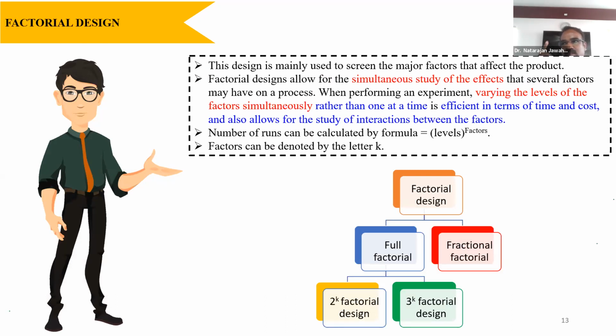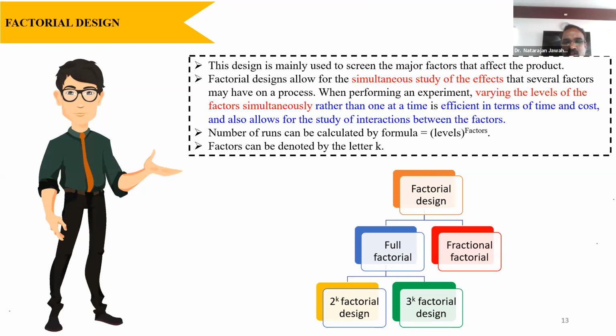Okay, so I told the first example, tablet formulation. Tablets have, apart from the API, many excipients. All the excipients we are considering as factors. So among the different excipients, which excipients mainly influence dissolution, that we can come out with this factorial design.